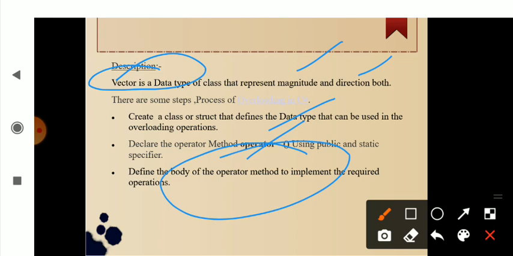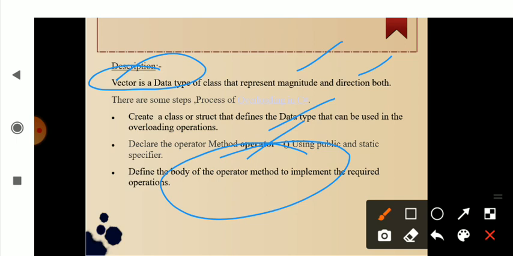One is you declare the class and data type, public and static. Another is that when you use the operator, it should do a certain operation, addition, multiplication, whatever the operations are.